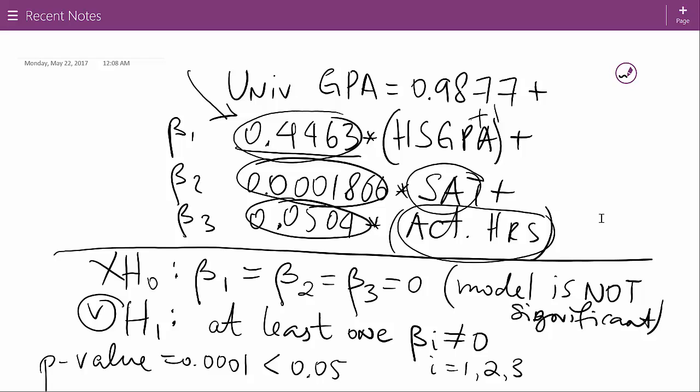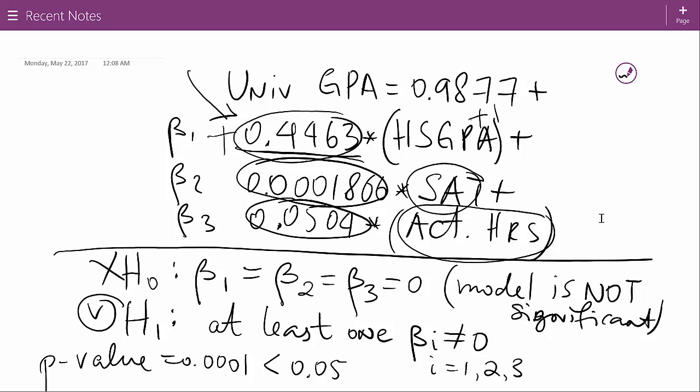Well, it appears that if high school GPA goes up and everything else stays the same, your end of junior year university GPA is expected to rise, because it's a positive sign, right, by 0.4463. So every point of increase in high school GPA results in 0.4463 increase in the university GPA, on average,